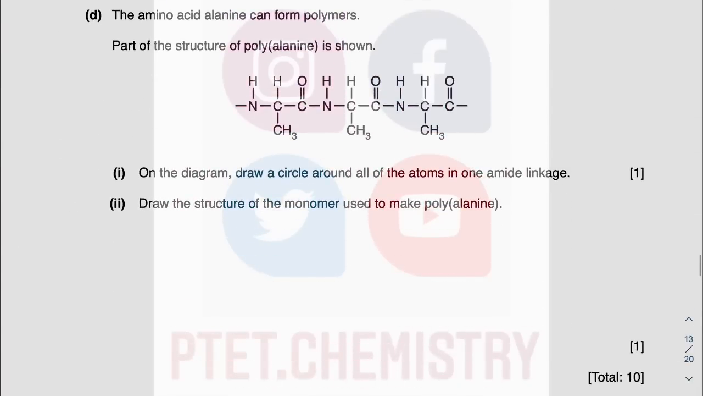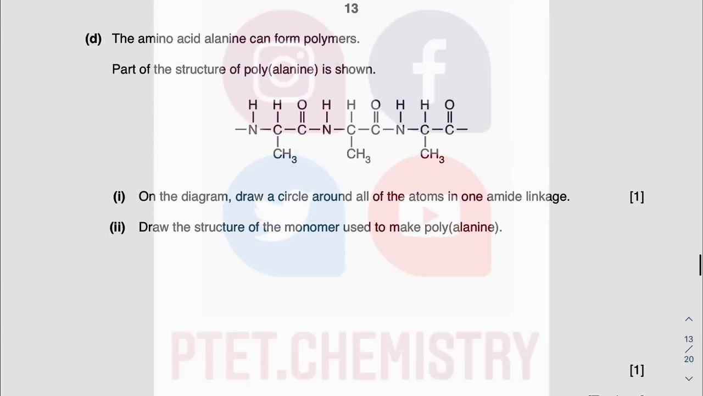So dilute HCl, dilute HNO3, dilute H2SO4, they're all dilute acids that will work. Okay. Next bit, the amino acid alanine can form polymers, so they want you to draw a circle around all of the